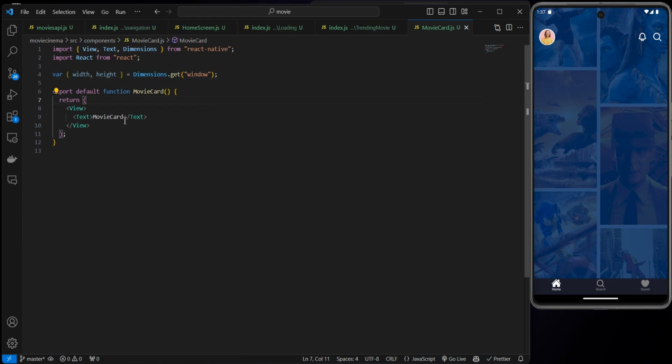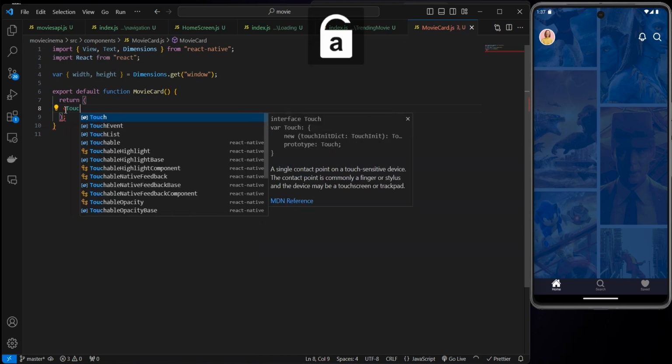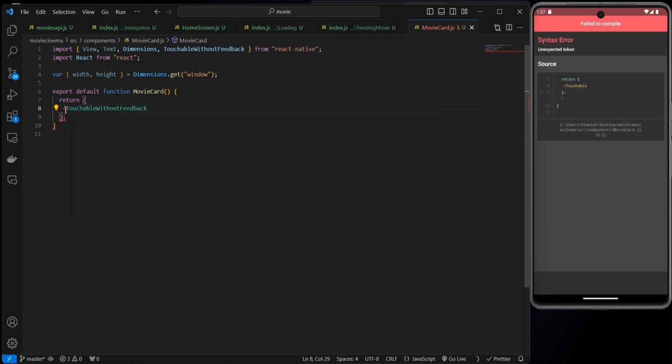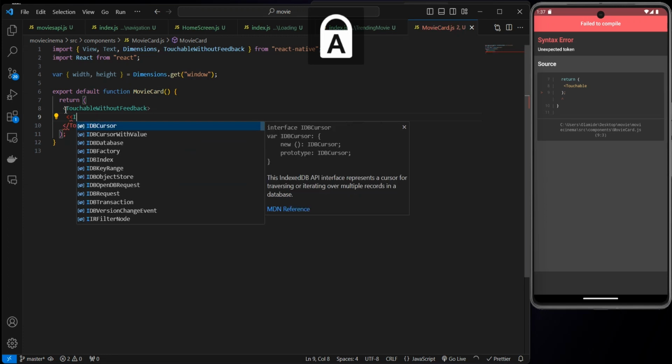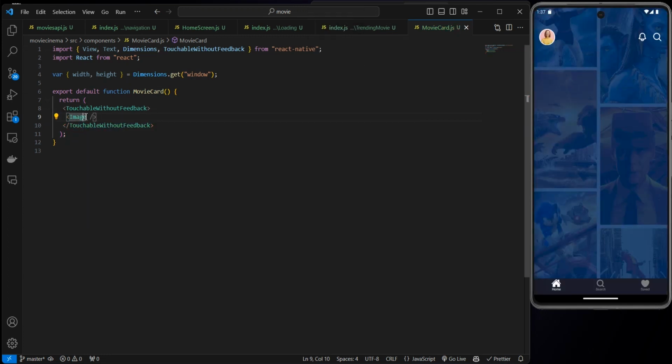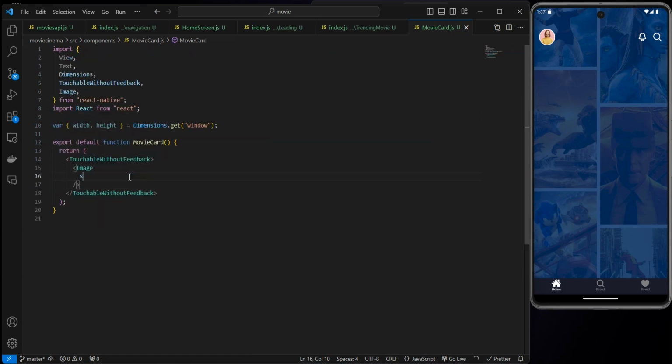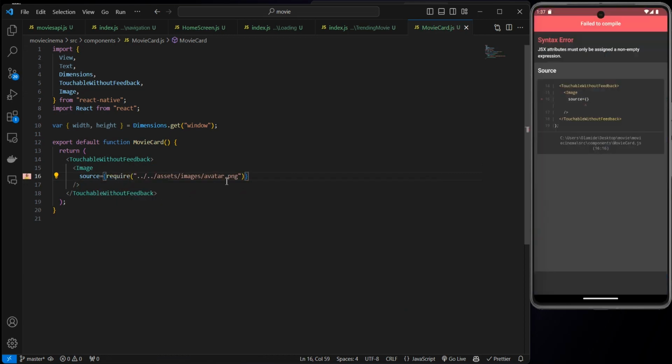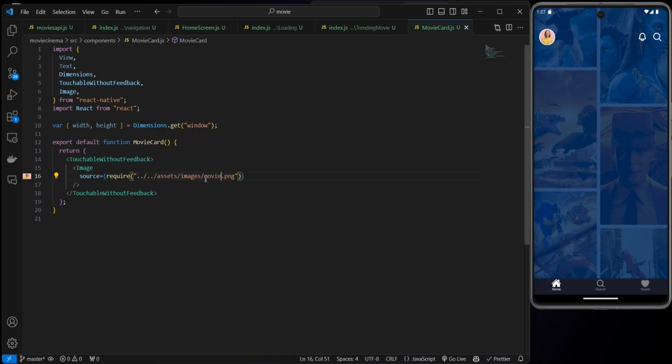Also, in this return statement, the first thing we want to have here is going to be a TouchableWithoutFeedback. And also inside of this, we're going to be having an Image. We're going to import that. Once that is ready, we're going to use the other props for the image. The first prop we're going to say is source, require. Let's just use movie poster 1 and save that. We should be able to see that right now. And after this, we're going to say style